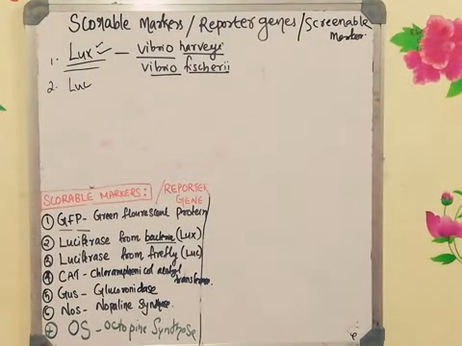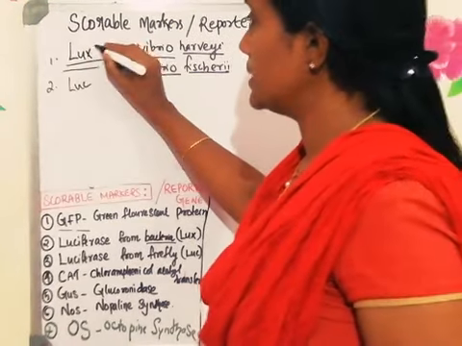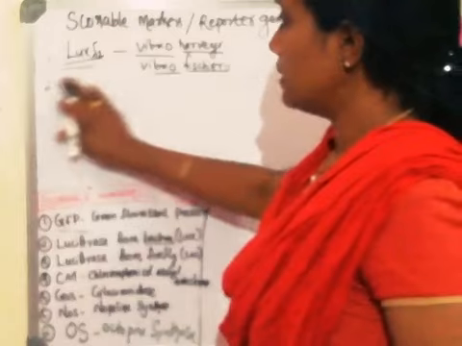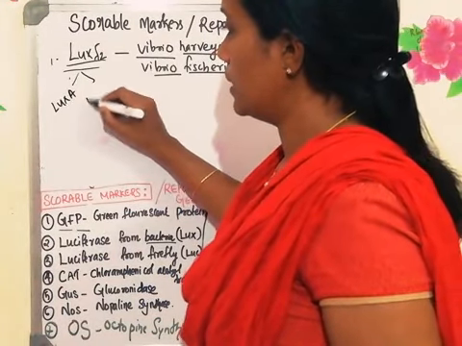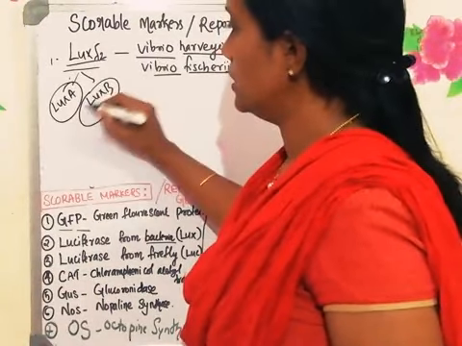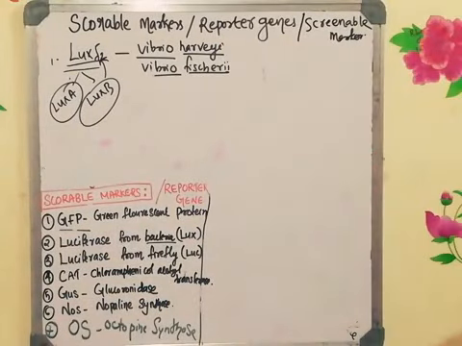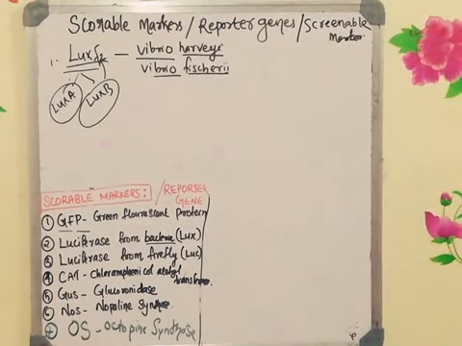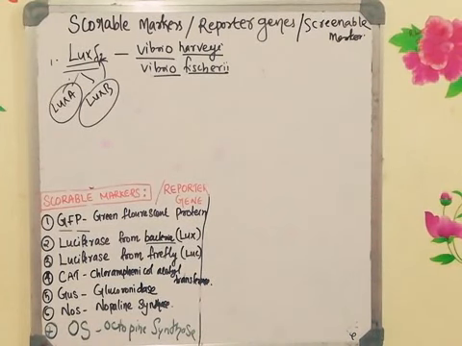The luciferase gene in Vibrio harveyi and Vibrio fischeri is actually called LUXF2. This LUXF2 consists of two subunits, LUXA and LUXB. When LUXA and B combine together, it is called LUXF2. LUXF2 is the one which codes for the bacterial luciferase. Now, the activity of this particular reporter gene can be measured by isolating the enzyme extract.